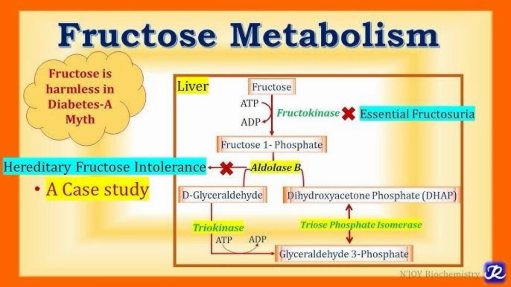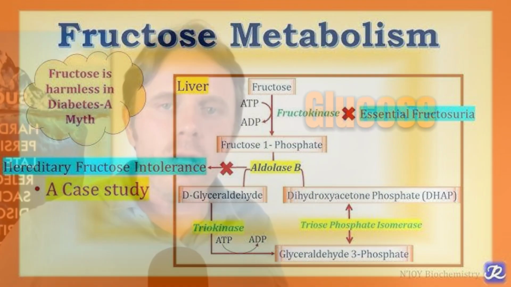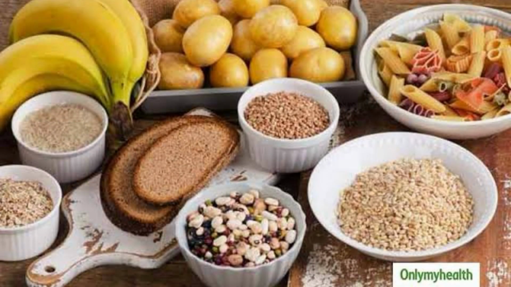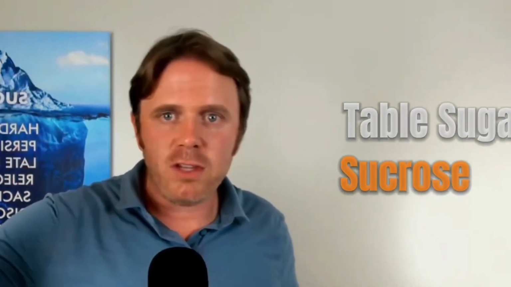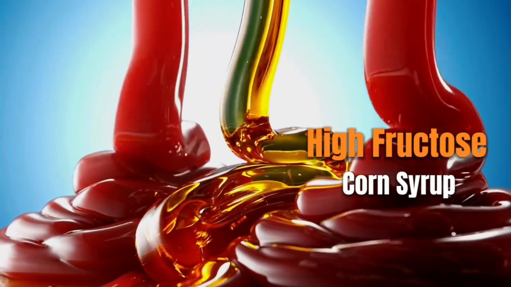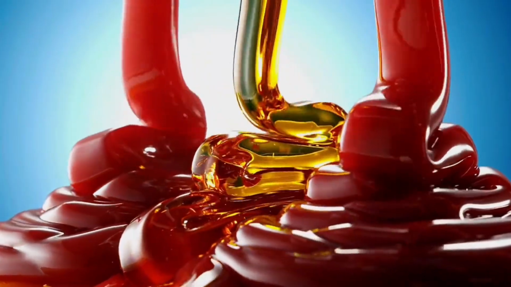Now, lots of fructose preferentially gets metabolized in the liver. So you have glucose, which goes to the muscles. Glucose primarily comes from starchy sources, potatoes, your root vegetables. Then you have fructose, which comes from table sugar. Table sugar is sucrose, that's 50-50 fructose and glucose. And then you have high fructose corn syrup, which is 55-45 fructose to glucose.